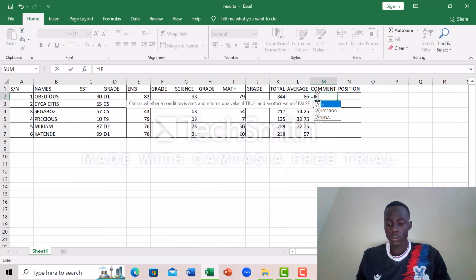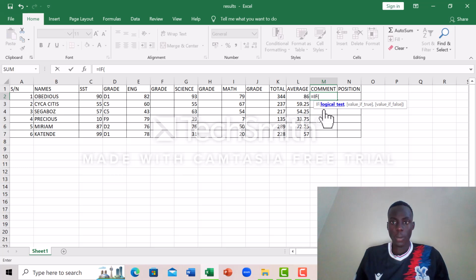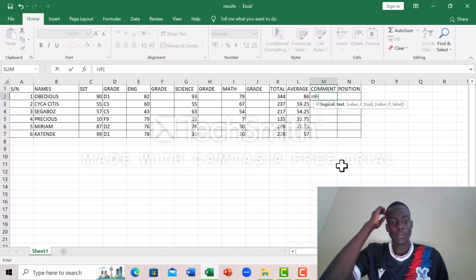Open brackets. In this case we shall use the word total. This total will help us to get the people. For example, let's assume this is a promotional exam. So I want to promote people using my comments. We shall use the total to find our comment. If, let's assume K2, which is this K2,